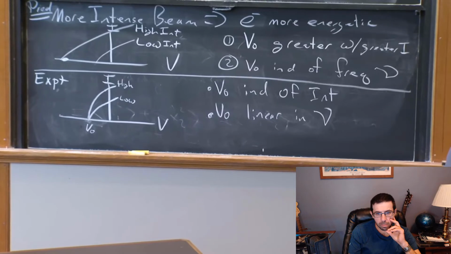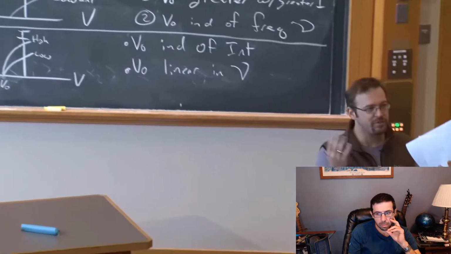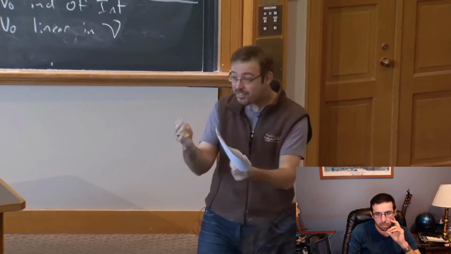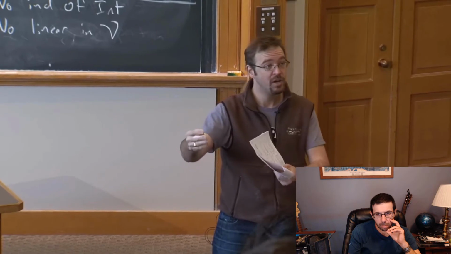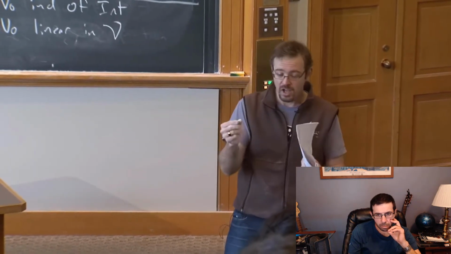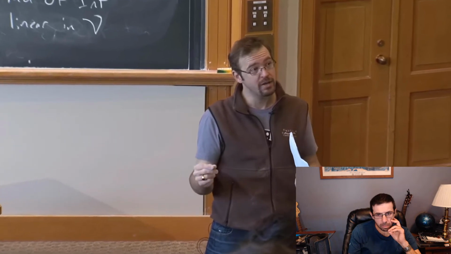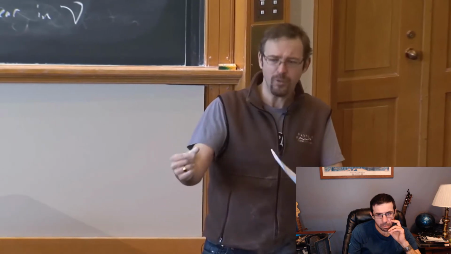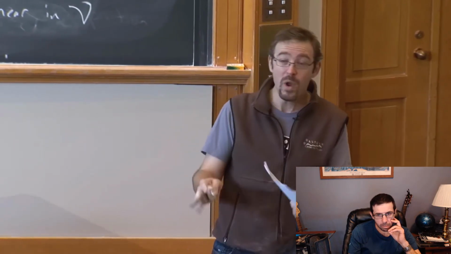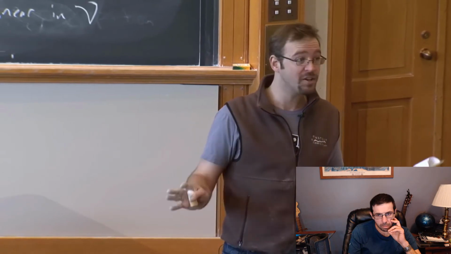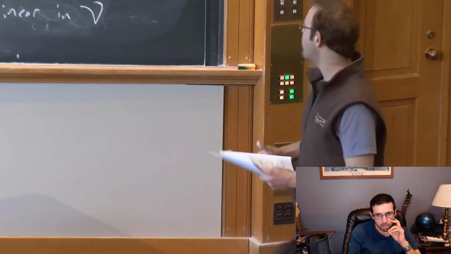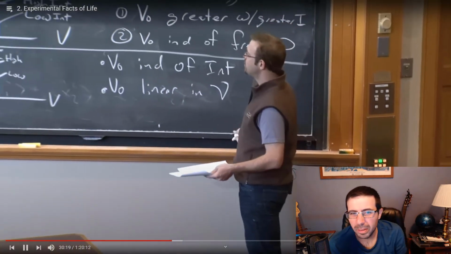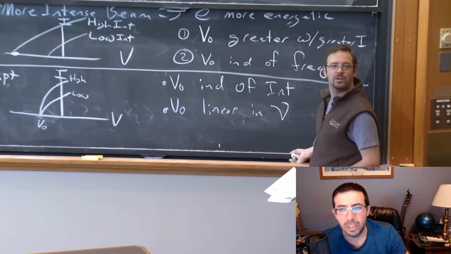That means that if you take an incredibly diffuse light, you can barely see it, of a very high frequency, then it takes a lot of energy to impede the electrons that come popping off. The electrons that come popping off have a large energy. But if you take a low frequency light with extremely high intensity, then those electrons are really easy to stop. Powerful beam, but low frequency, it's easy to stop those electrons. Weak, little tiny beam at high frequency, very hard to stop the electrons that do come off. So this is very counterintuitive, and it doesn't fit at all with the Maxwellian picture. Stop. Questions about that?